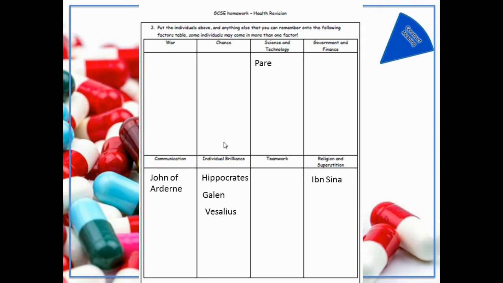Paré, nice example of science and technology because he invented a number of different surgical tools to be used. Harvey, again, used metal rods in his experimentation to prove that blood circulates around the body one way. Teamwork, John Hunter was a big proponent of teaching the ideas that he discovered within surgery to others. He had his massive collection as well. Jenner, again, I explained when we were going through Jenner, but was a very good example of somebody who was working on their own against accepted practices by existing doctors.